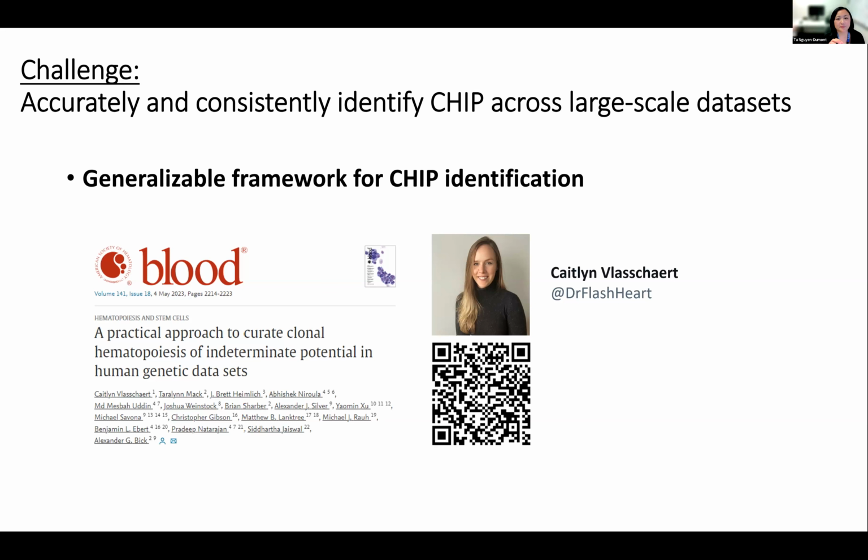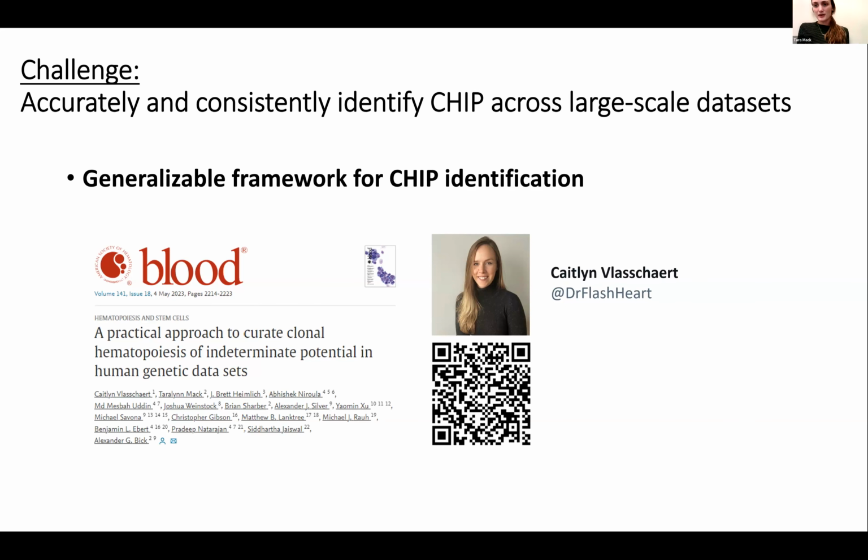Can I ask another question, Tara? Are CHIP variants more likely to be of a certain type, like indels, or can they be single nucleotide substitutions as well? Yeah, so when we're talking about CHIP, we're talking about SNVs. However, the clonal hematopoiesis of indeterminate potential, that IP part tends to mean we're talking about these leukemia-associated single nucleotide changes. However, CH, or just clonal hematopoiesis in general, can refer to a lot of different types of changes. So it's sort of an umbrella term.